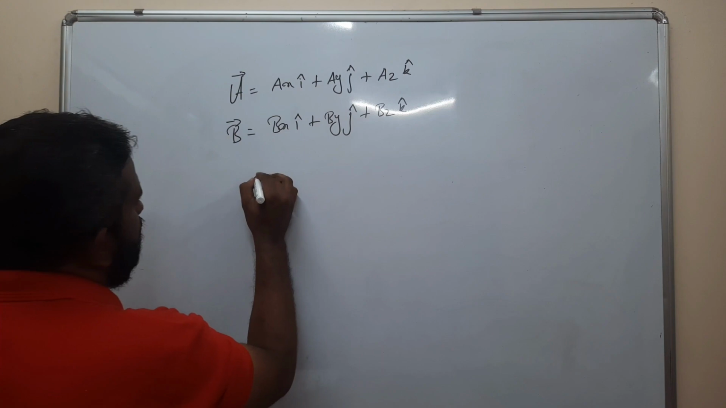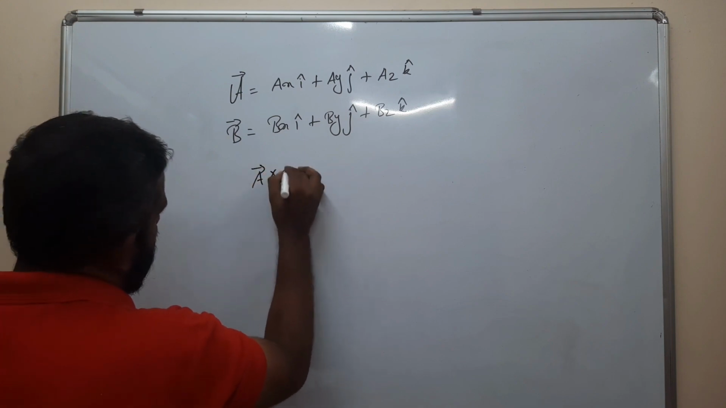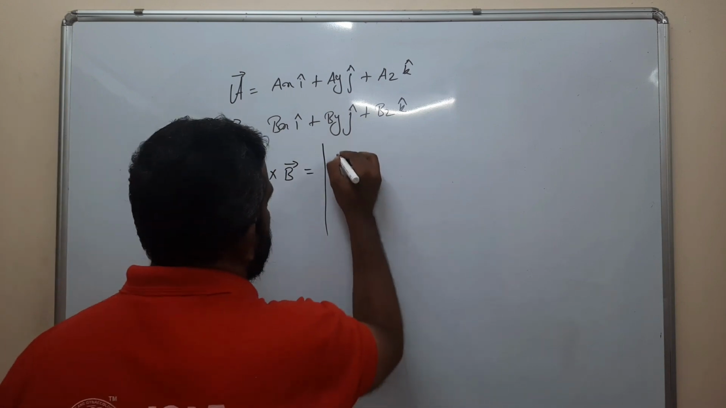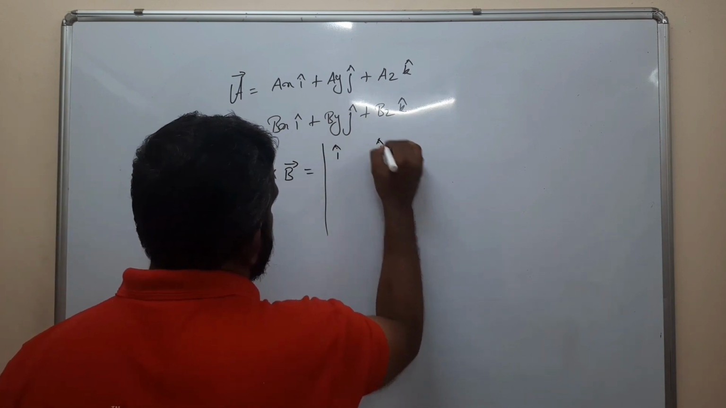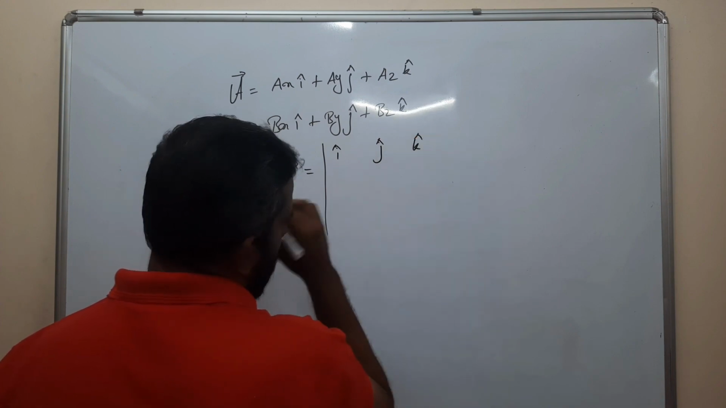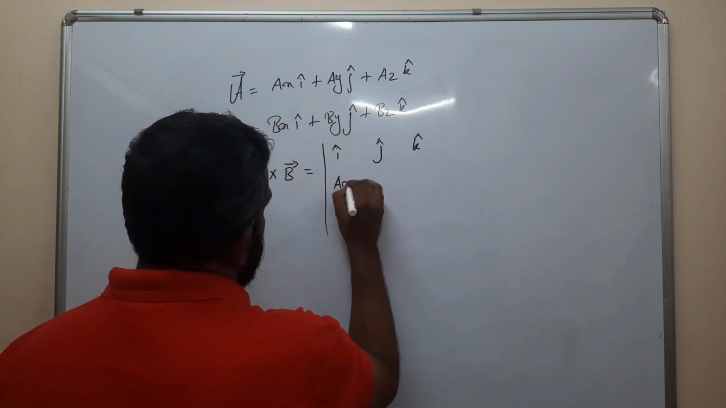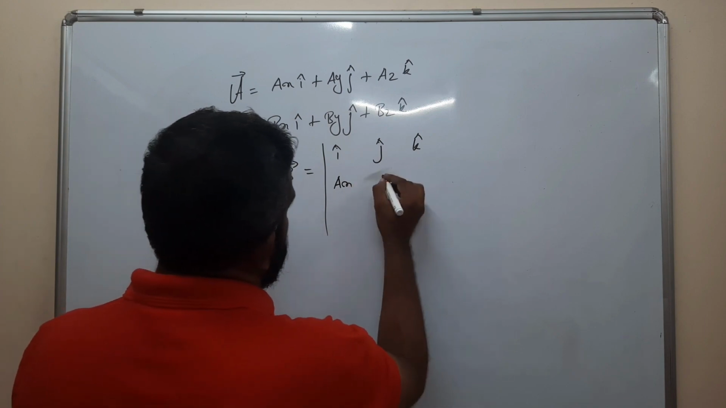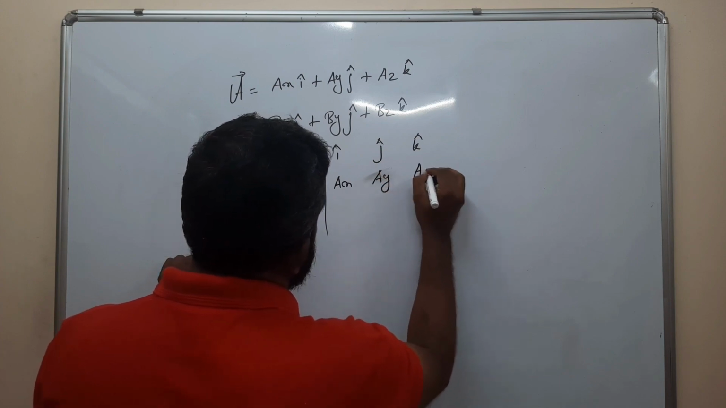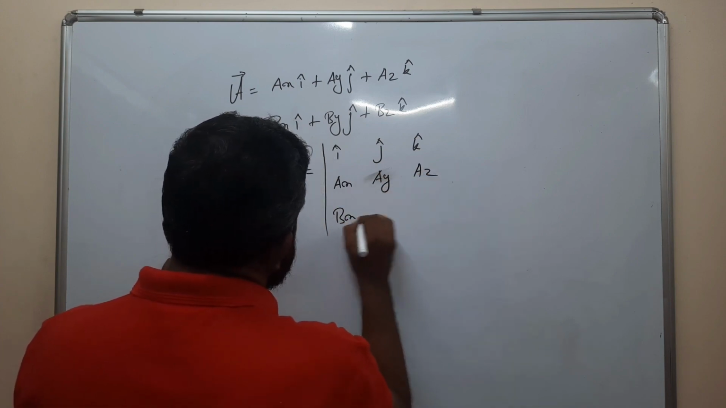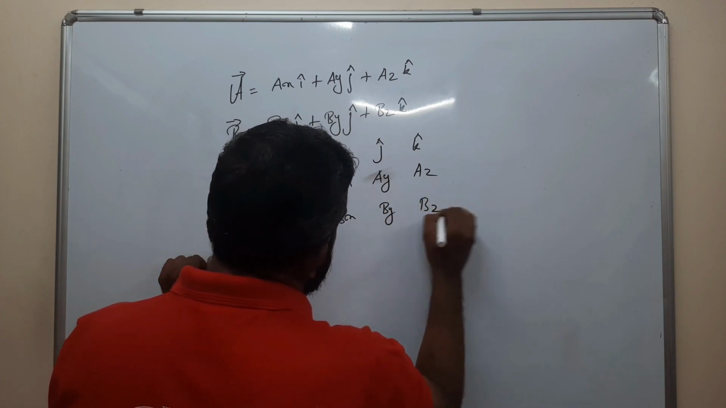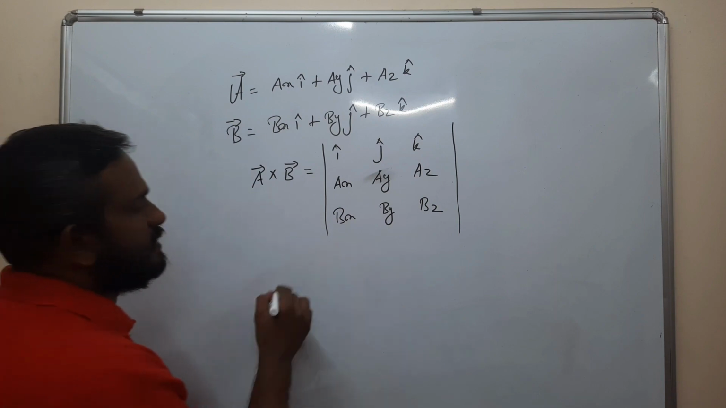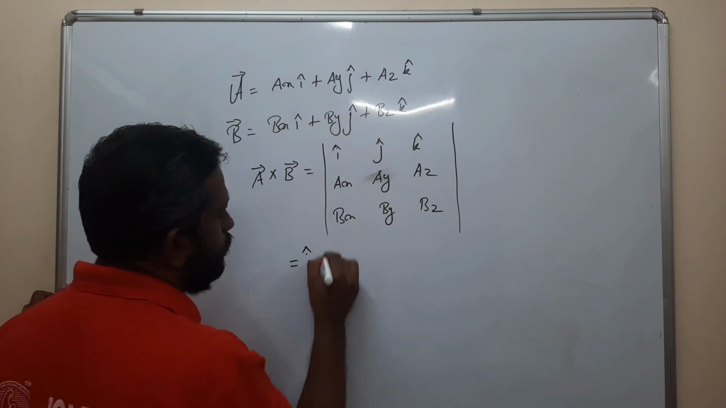So what about the cross product? Vector a cross vector b is equal to the determinant with rows i cap, j cap, k cap; then ax, ay, az; then bx, by, bz. So how can we expand? That is equal to i cap into, cutting this row and this column,